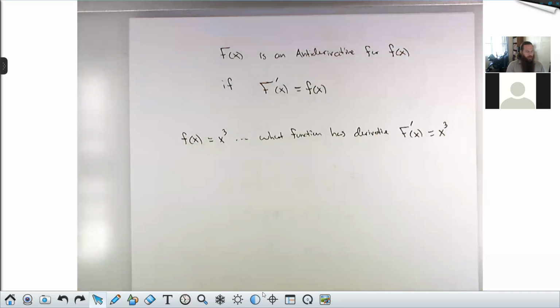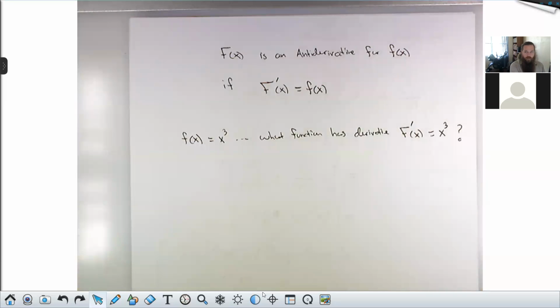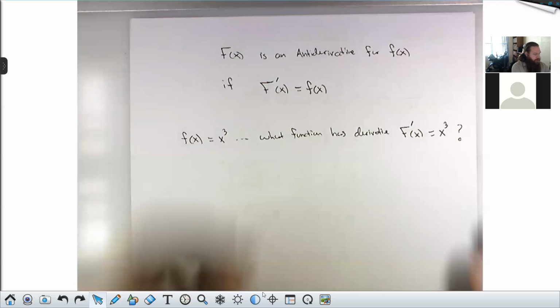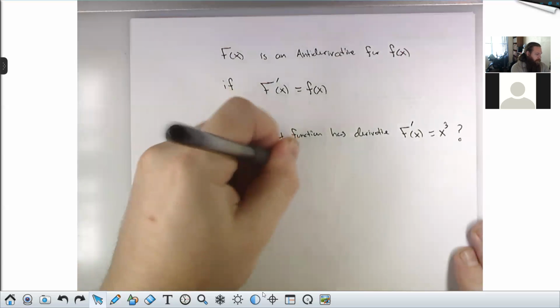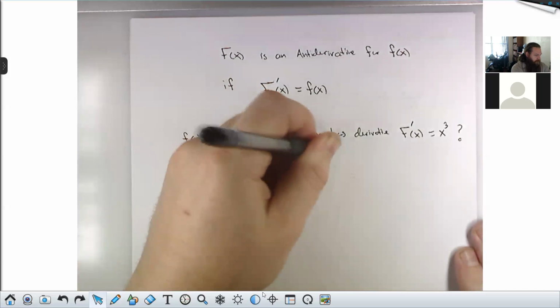And that's where our power rule comes in. So we know if I were to differentiate something, the power would go down by 1, and we'd also multiply by the old power. So if I want to go backwards in that, the power has to go up by 1, and I have to divide by the new power. Right. So the capital F that would work here is 1/4 x to the 4,